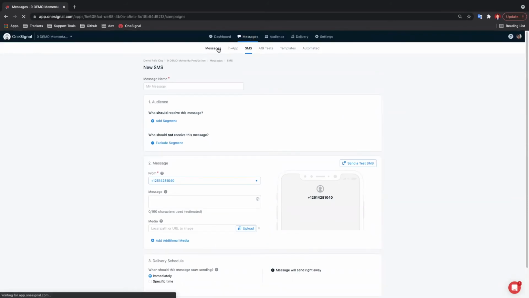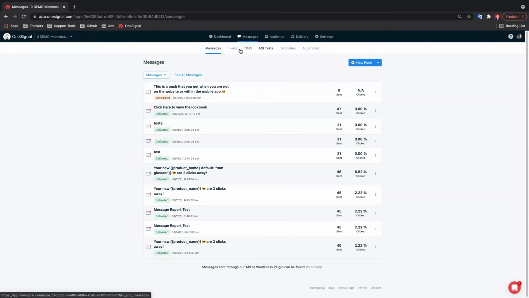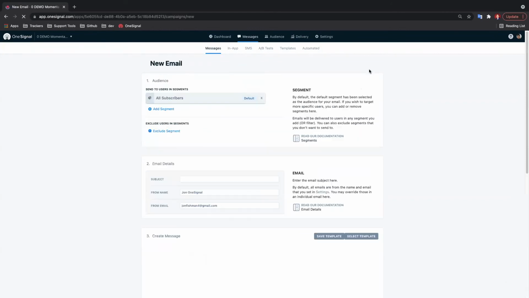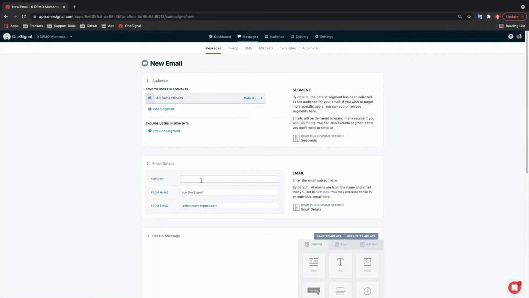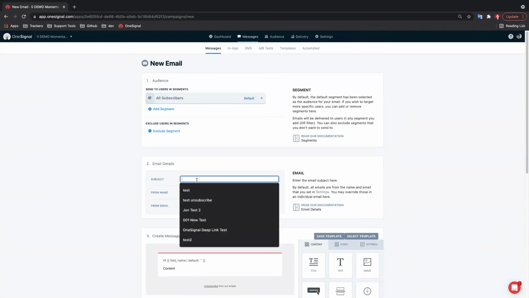Want to highlight email real quick. So back in messages, if I drop this down, I can go to email. Email is very similar. So like your segments, I target who's eligible for this email. So my audiences, I can add multiple segments. I can exclude segments. I can add my email subject here. So this is my